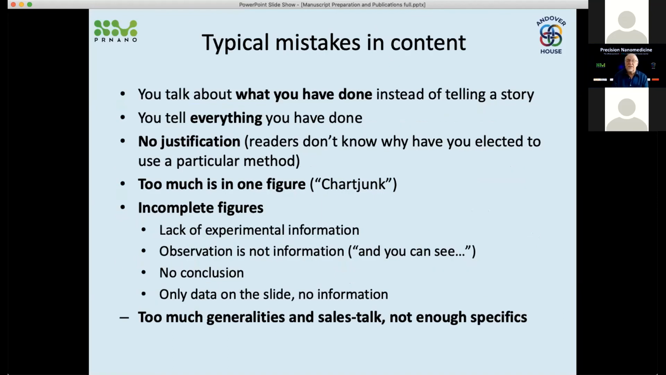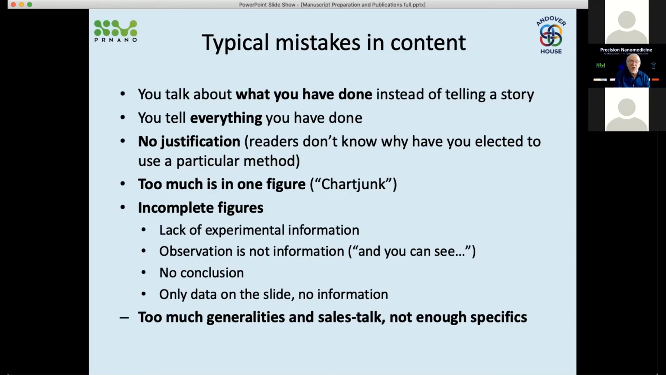Typical mistakes in content of a manuscript, of course. To talk about what you have done instead of telling a story. You need to tell a story. Nobody's interested in what you have done in the lab. You tell everything you have done. Same mistake: no justification. So readers don't know why you selected a particular